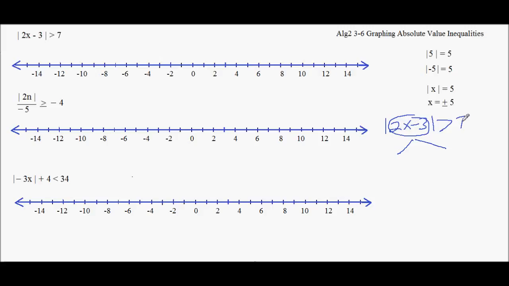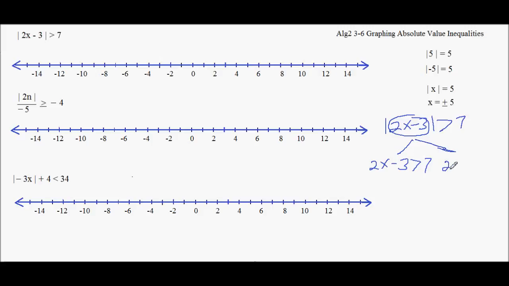So 8 would be greater than 7, because that's the magnitude thing again. So I have to have two equations. I have to set this thing greater than 7, but because it's more of a magnitude issue,